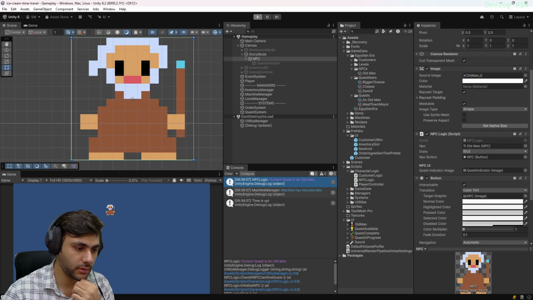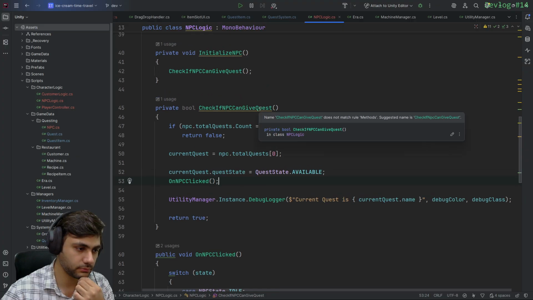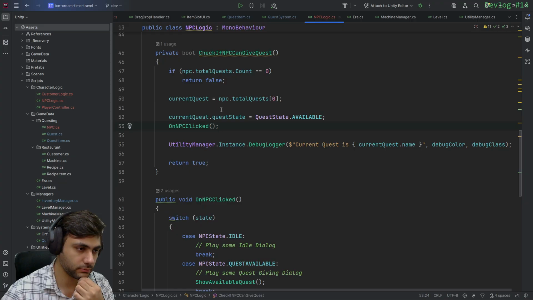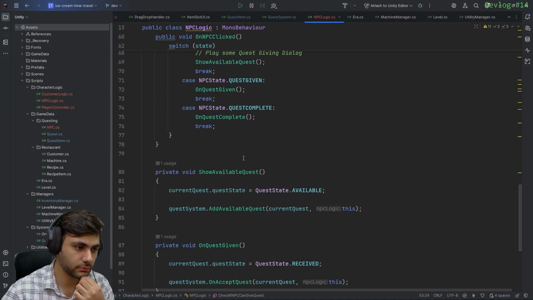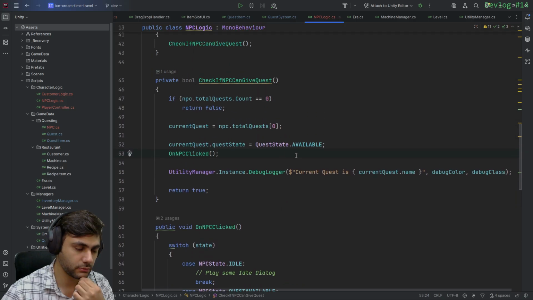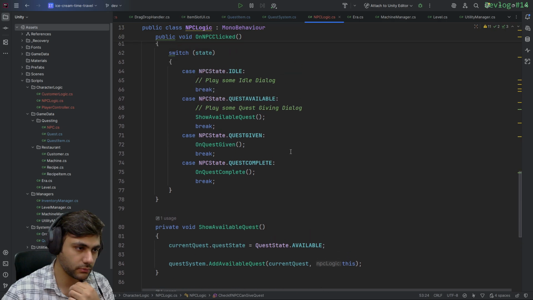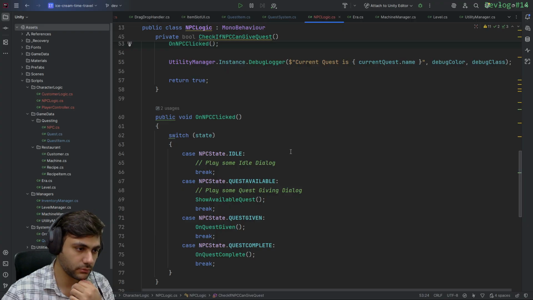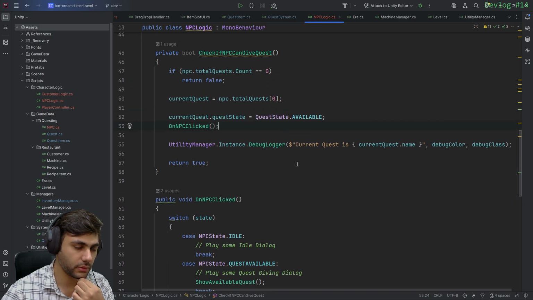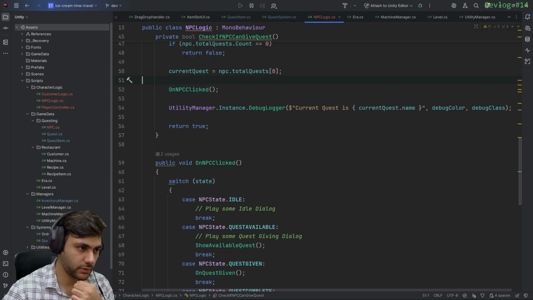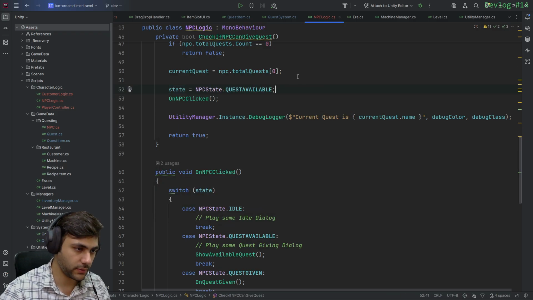It's still idle. Yeah, we're not actually changing the state of, oh no, this is not correct. We need to change state to first available